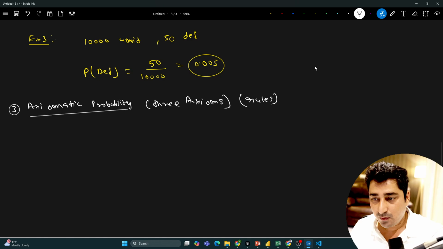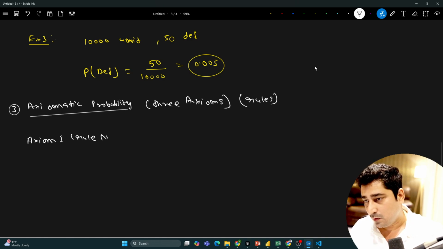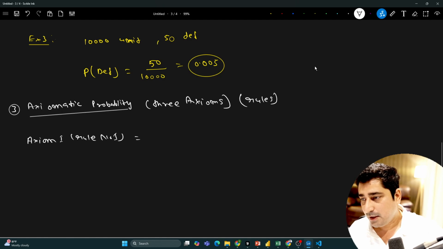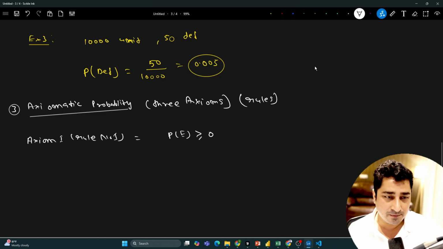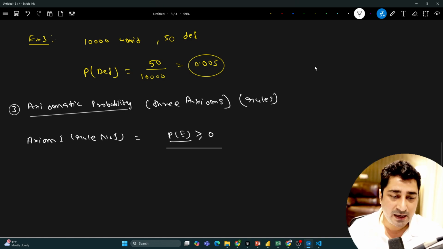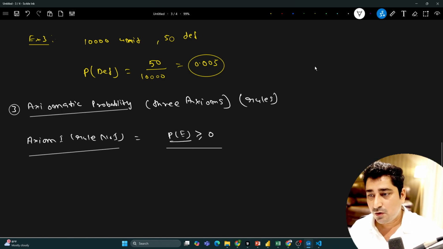So the axiom number one, or you can say rule number one. Let's suppose I'm going to talk about axiom number one, or rule number one over here. It says that the probability of occurrence of any event should always be greater than or equal to 0. This is what he said, that the probability of any event, if you are trying to find out, is always going to be non-negative, meaning greater than or equal to 0 at any point of time, and which is true, by the way. So this was rule number one.